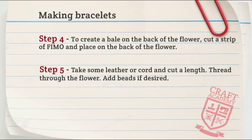Then step 4. Put the bail on the back of the flower, cut a strip of Fimo, place it on the back of the flower. It should then bond in the baking process, and then take some leather cord, cut it to the length you want, and then add it to it and knot it the way that Louisa showed you,